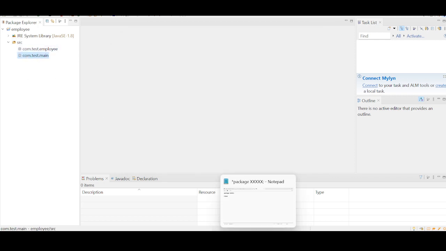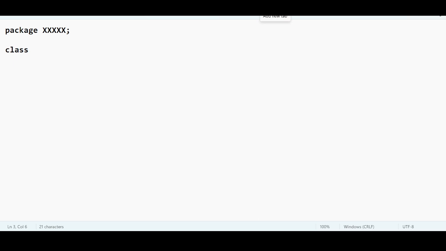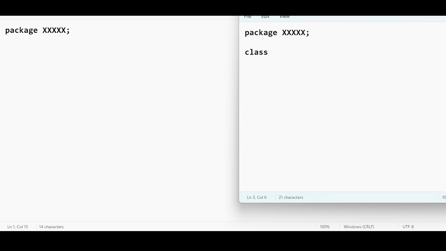It is just equivalent to taking two notepads and creating two separate packages, package A and package B. It is equivalent to doing this. Hope you are getting this. Okay,